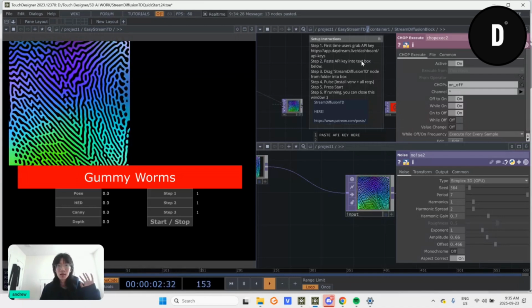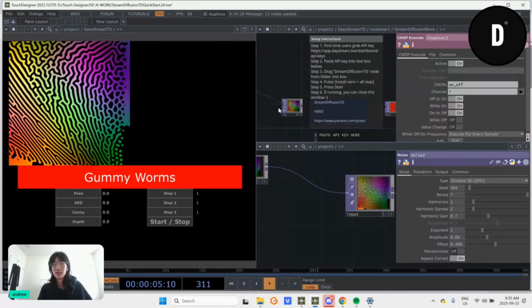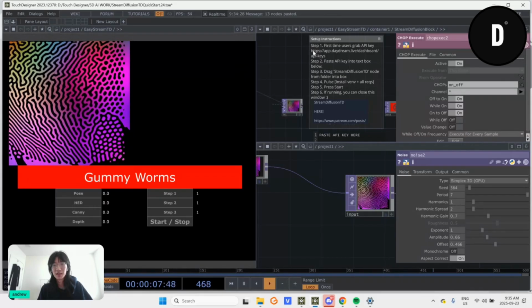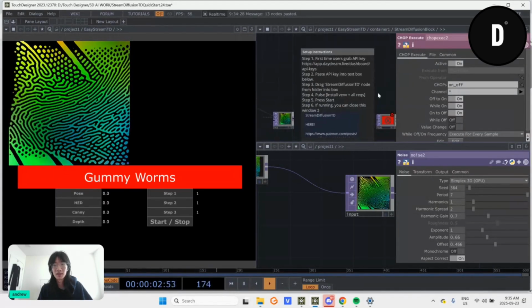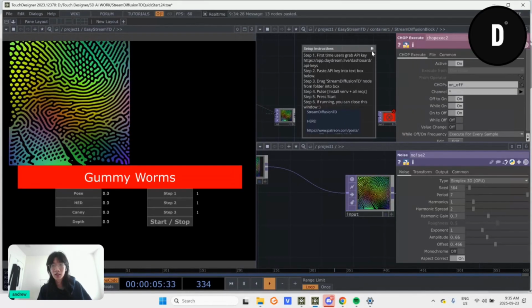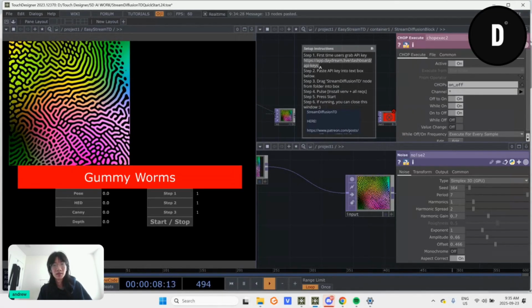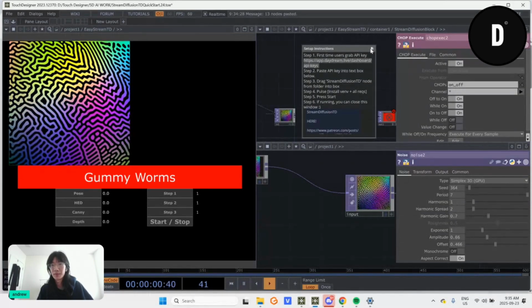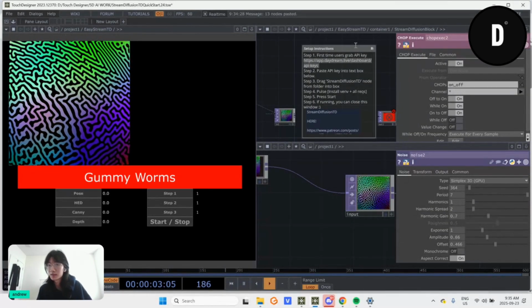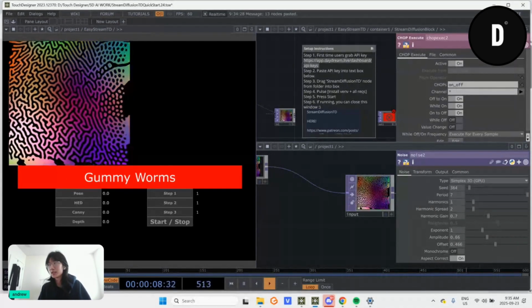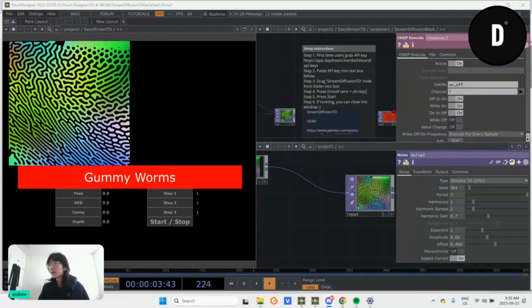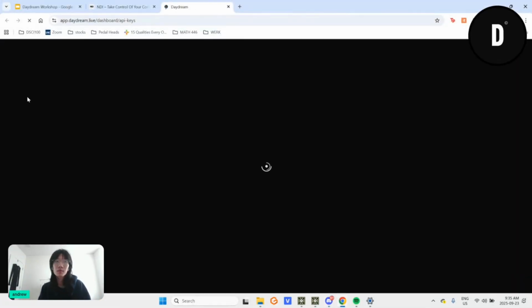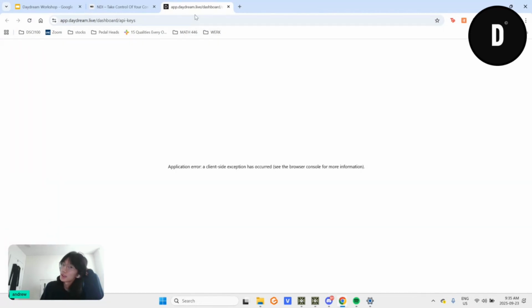So, first-time users, basically once you open this app, there are a few things you're going to need to do. I leave all of the links inside of this setup instruction stuff. If you want to copy and paste, you can just click on this top right editable notepad thing. The first thing we're going to need is the API key. So I'm going to paste that into here. And then with this API key, what we can do with it is,